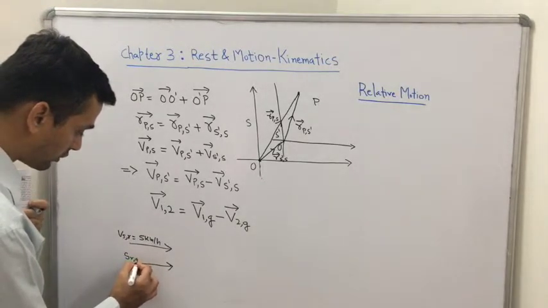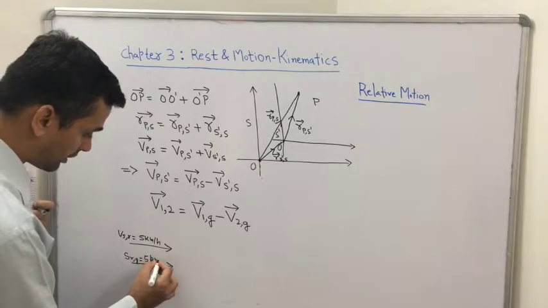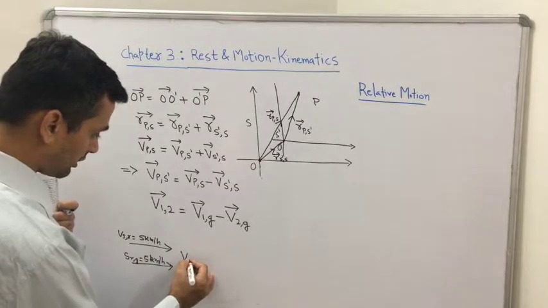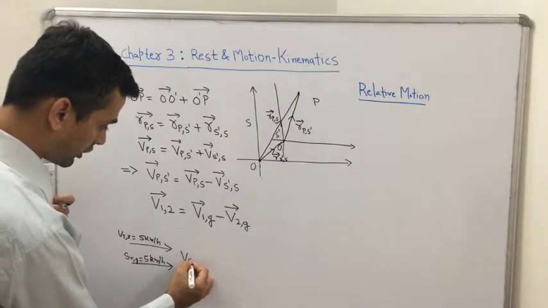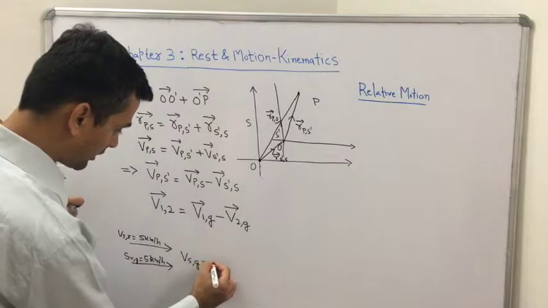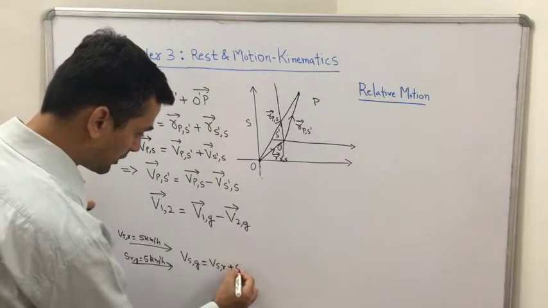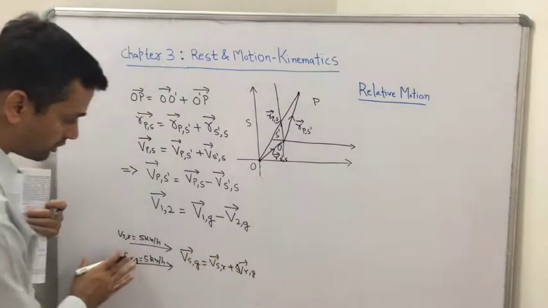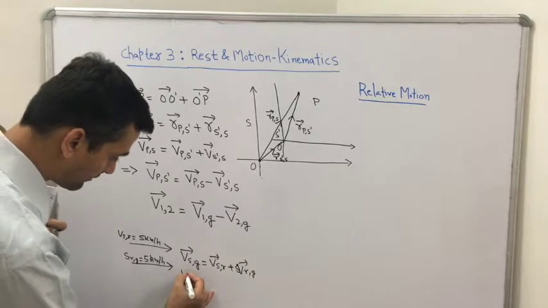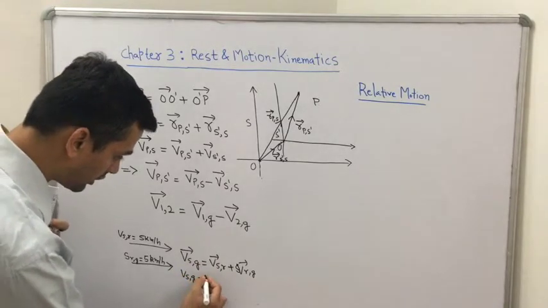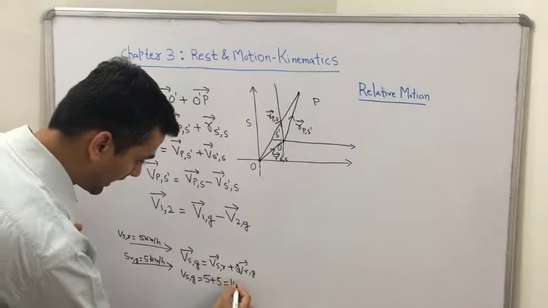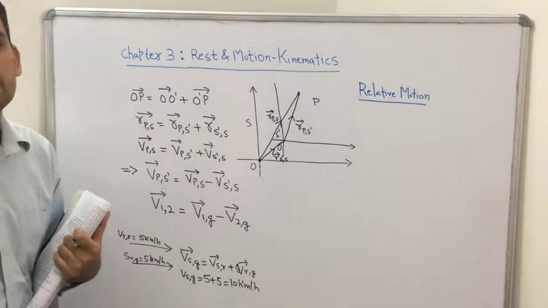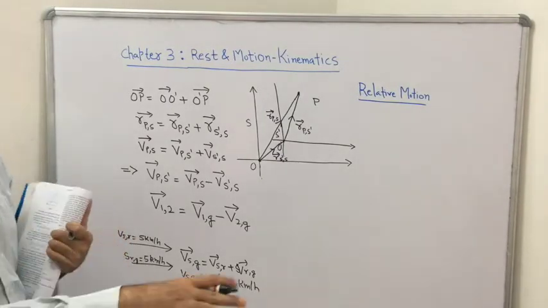Velocity of river with respect to ground is also 5 kilometers per hour. So that means a person on the ground will see the velocity of swimmer with respect to ground as velocity of swimmer with respect to river plus velocity of river with respect to ground. And of course, all of them are in the same direction. So I can say velocity of swimmer with respect to ground is equal to 5 plus 5, which is 10 kilometers per hour. So a person on the ground will see me swimming downstream with a velocity of